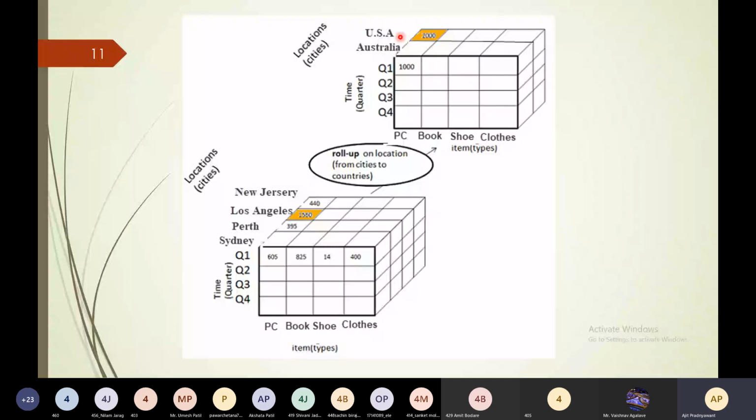And here the values are getting summed. Whatever units of PC sold over here, 1560, and in New Jersey 440, the combined addition of both will be present over here, that is 2000. So this is how you can do the roll-up operation on this cube.